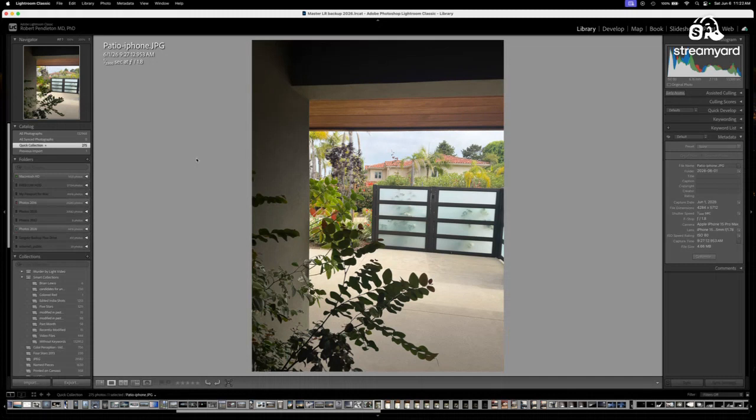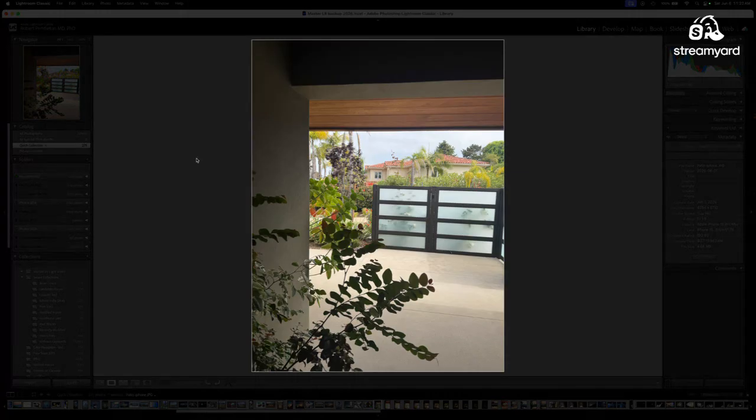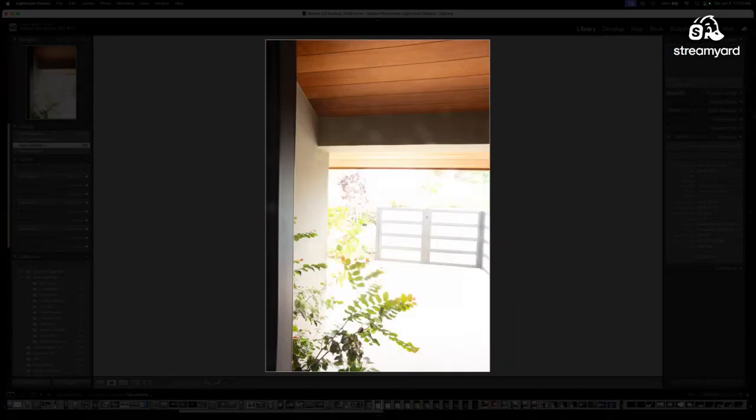It says f1.8, 1/2300th of a second, but I believe it's a composite of multiple images. I'm not sure exactly how they do it. I think it's multiple images at different shutter speeds. But in any case, what you see with the human eye is even more than that. And with my expensive Leica cameras, if you want to see what's actually happening, this is with the 21 millimeter lens.